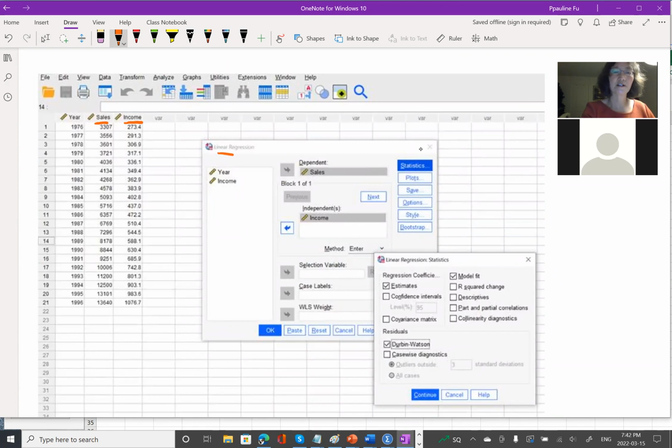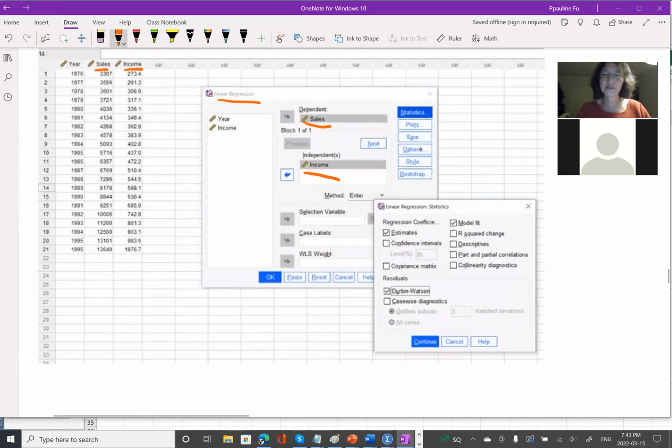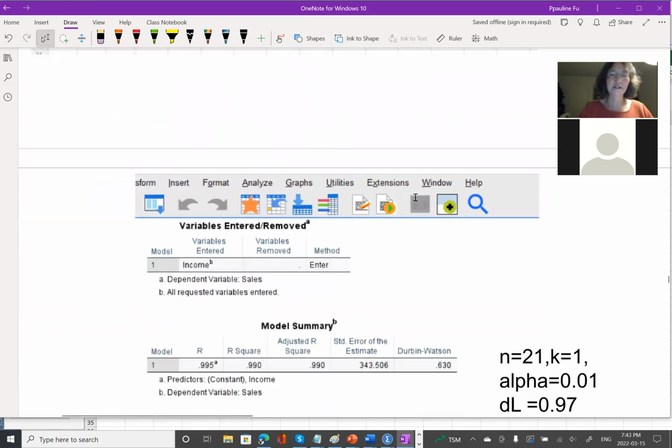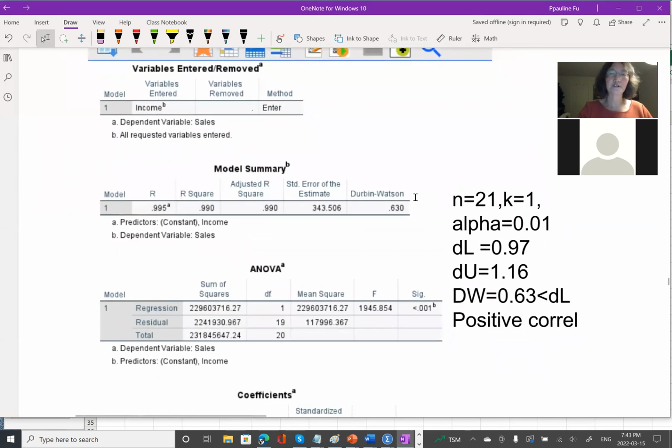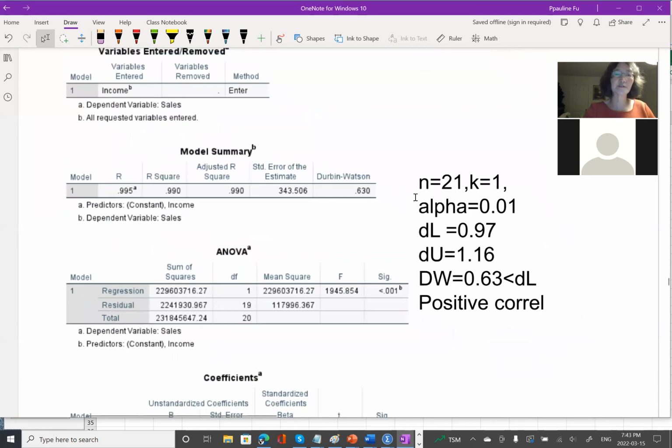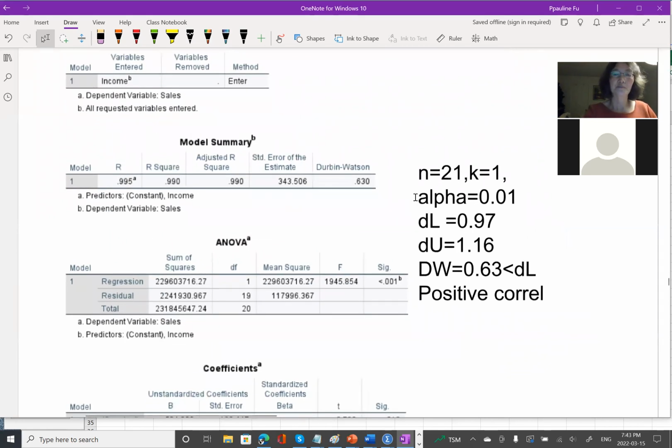If you conduct a linear regression, you put sales as the dependent variable, income as the independent variable, okay? And you check the Durbin-Watson test under statistics options, and then you will get this result. So now let's analyze this result. The Durbin-Watson test is 0.63,